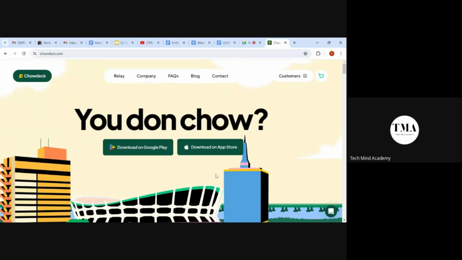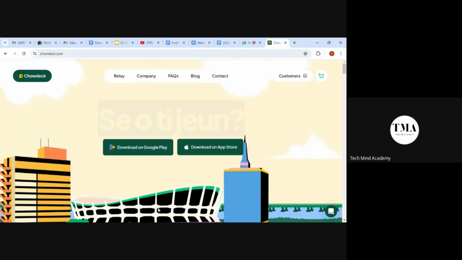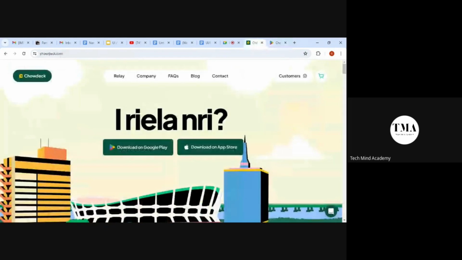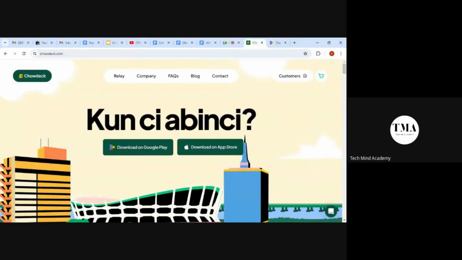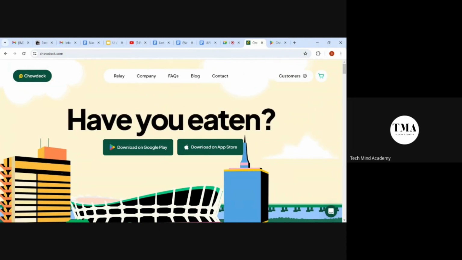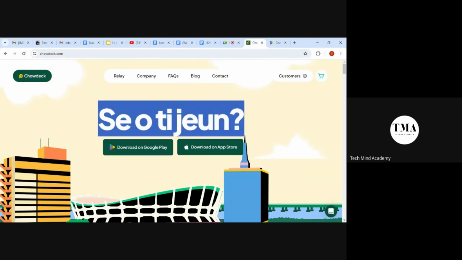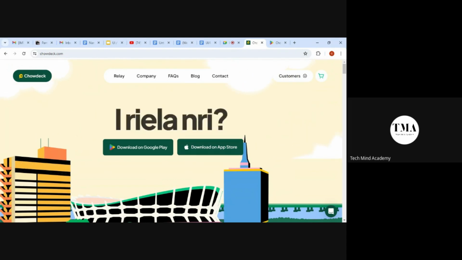Now, for Child Deck, their major aim is that when I come in here, I should just immediately sign up. So if I use an Android phone, I just quickly click on this, and then it takes me to install. And if I use an Apple phone, if I click on the App Store, it should take me there, so that once I install, I can start using the app to download things. All right. Now, most people can also decide to put more things on their hero section, but just know that a hero section